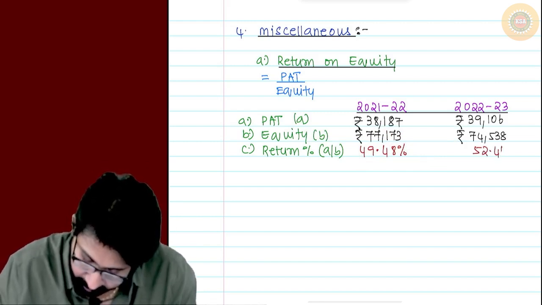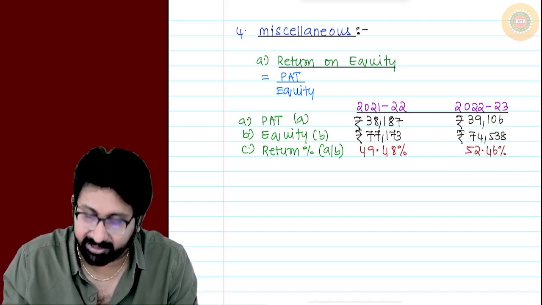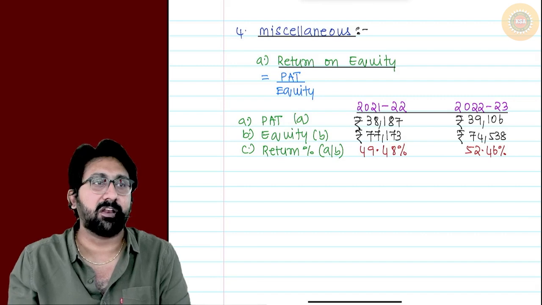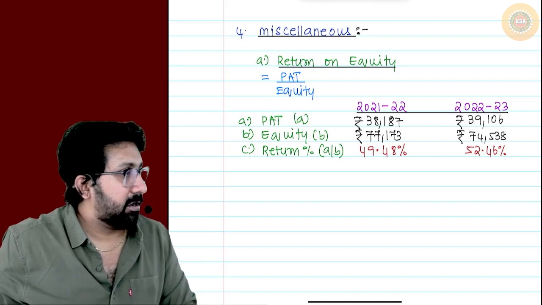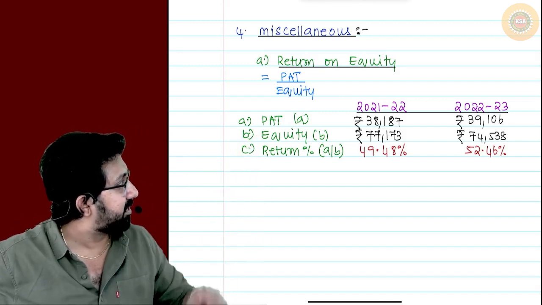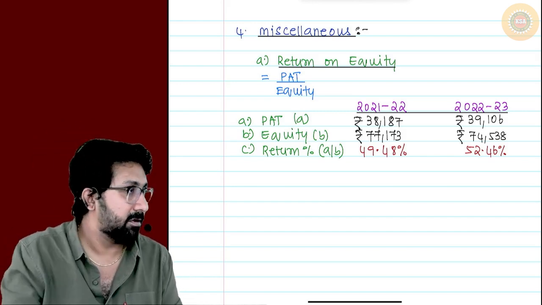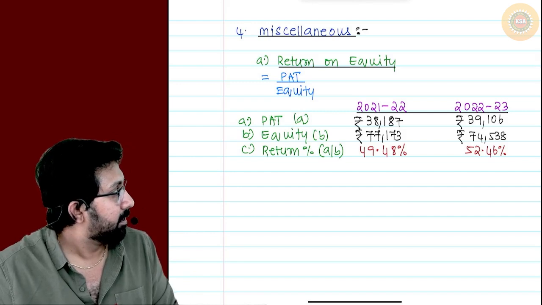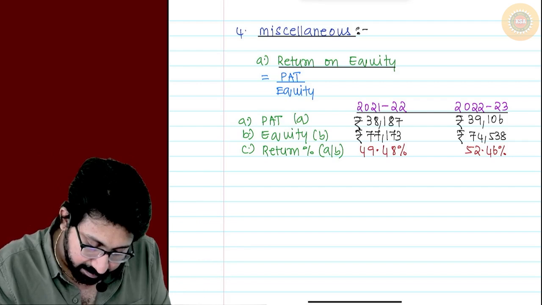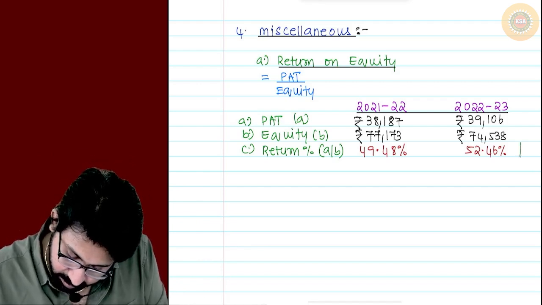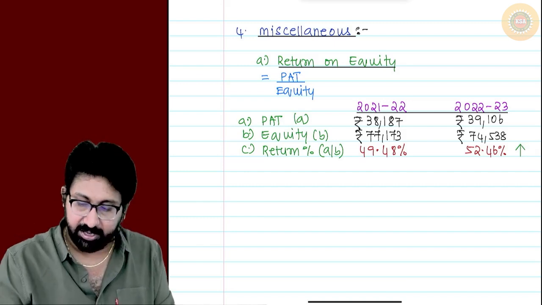52 point. Why share prices increases? Because of this reason increase. Whatever may happen to the company with regard to profit or loss, you are giving me more return for my investment. Are you understanding or not? For every 1 rupee, you are giving how much return to us? 52% return per annum. Are you understanding or not? This is a situation. So this is a return. Return on equity increased or decreased? Increased. Just give a mark. That there is an increase.